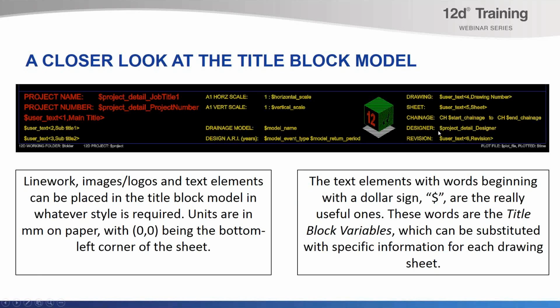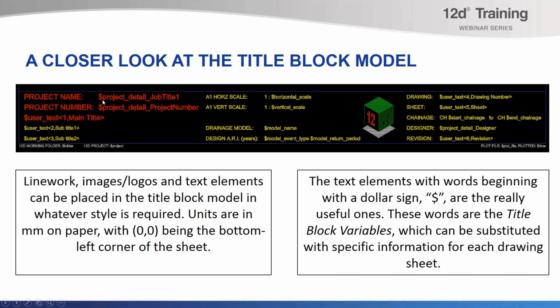And these are all able to be substituted with specific information for each drawing sheet, because each sheet will have a title and a scale and drawing numbers and sheet numbers and start chainages and end chainages. You know, there'll be a designer potentially and perhaps a revision number. So all of these little bits of information, like the name of the working folder, the name of the 12D project, the name of the plot file generated, that's the most important one really, that $plotfile, and the time and date it was plotted, and all of these other ones, which we'll talk about in due course,